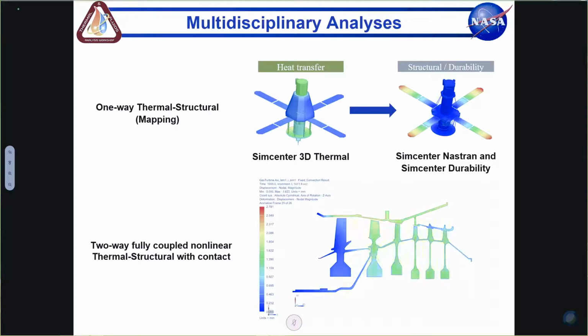So after this step comes, once you've done all your design space exploration, you've come up with a bunch of designs that you really want to dig deeper into. Then comes the step of doing multidisciplinary analysis, right? So within the SimCenter ecosystem, there's a couple of ways you can do multidisciplinary analysis. One way, in this case, we're focusing on the thermal structural